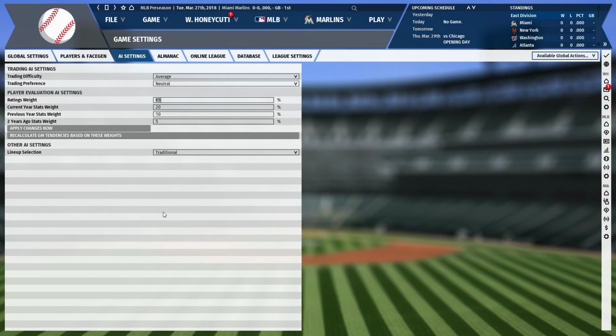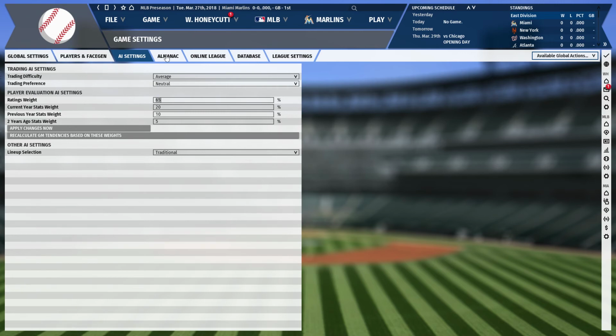Some are starting to experiment with sabermetrics. So I don't think the game is there, and I don't think I want to use that method, or at least have the AI using that method of selecting lineups. Maybe 5 years from now, that will be the most common way of selecting a lineup, and by then we will change and start using that. But for now, I feel traditional makes the most sense, so I use that as my way of selecting the